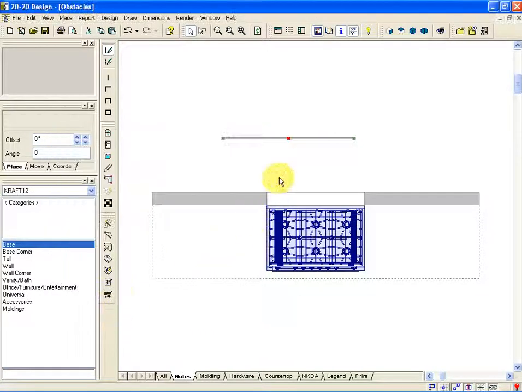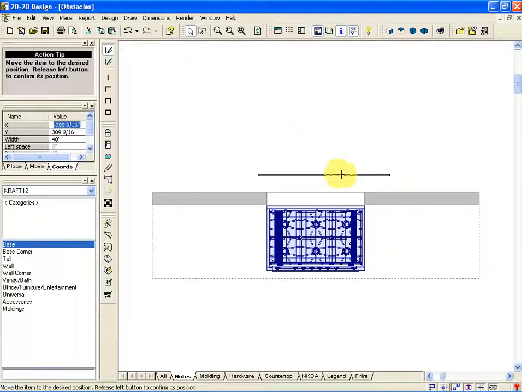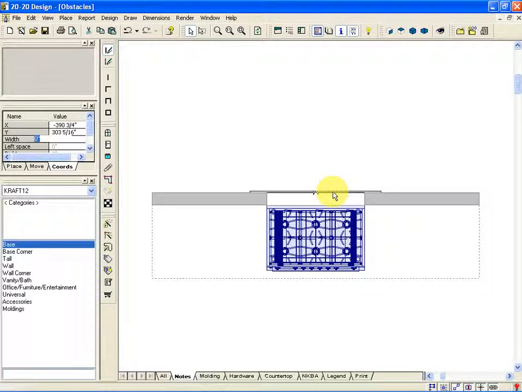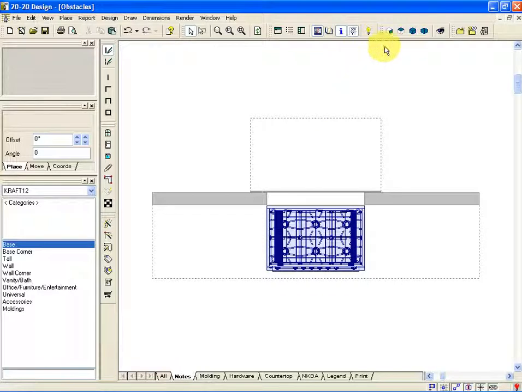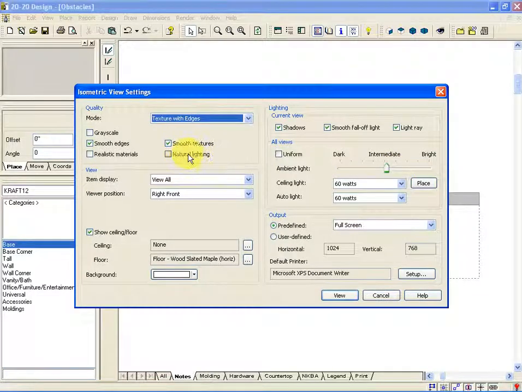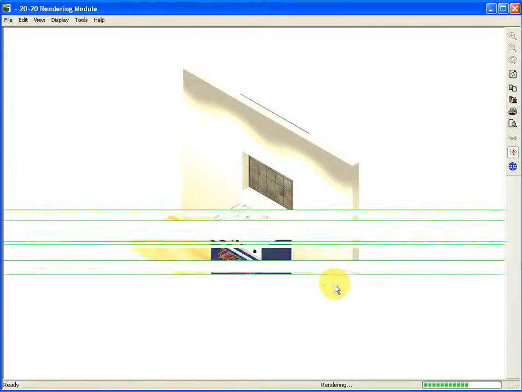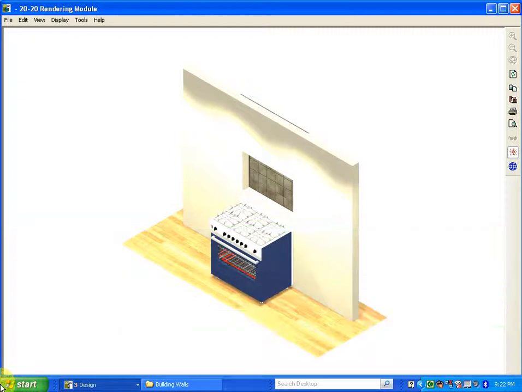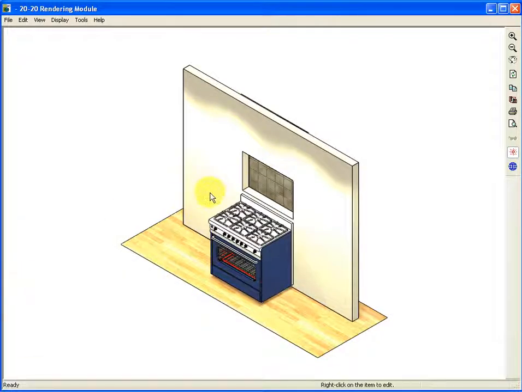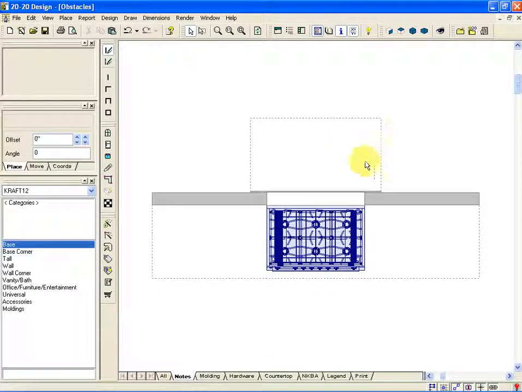I'll say OK, and now we merely bring this wall in behind to cover that opening, and if I go to an isometric view, and we're going to use texture with edges and click view, you're going to see that we've created a niche or a nook or a recessed into the wall, and that has, of course, a tile background. So now I will close, go back to my